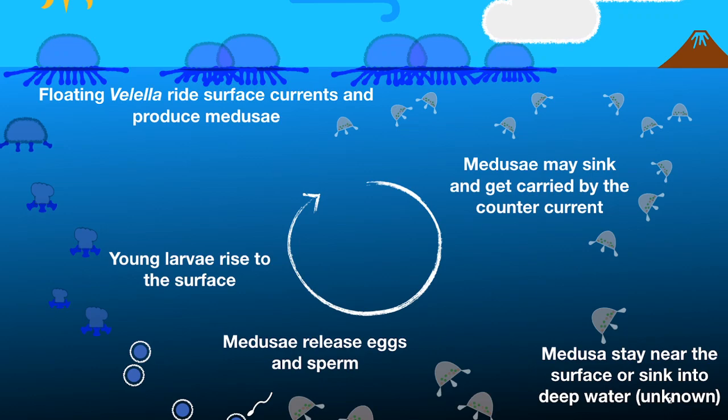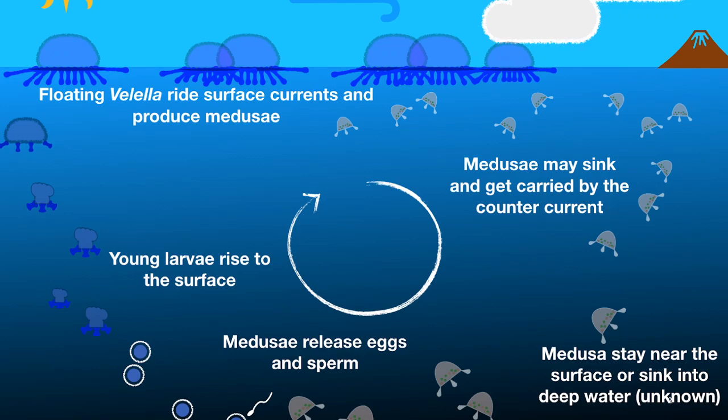We have the medusa that are produced by the polyps that we do know float down some amount. We don't know quite how much. So if they float down below where we really see trash or below where we see these systems being employed, then they're unlikely going to be impacted. But again, we don't know that. So we're going to assume that in general the medusa are not going to be as impacted. But again, this is something we need to look at in the future to see where they live physically, so looking at their spatial scale